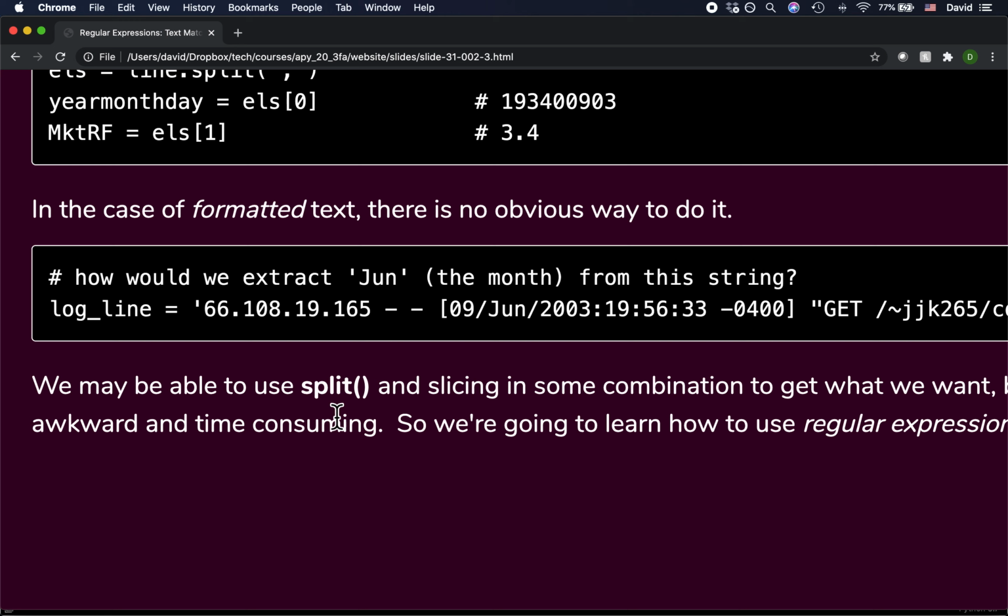Web server log lines are pretty easy to read. If you know what an IP address looks like, it looks like this. And if I was to ask you to describe the pattern of an IP address, not the specific characters involved, but just the pattern, you'd say, oh, it's like between 1 and 3 numbers, and then a dot, and then between 1 and 3 numbers, and then a dot. And this is the pattern of an IP address. It's 4 different 1 to 3 digit numbers separated by periods,